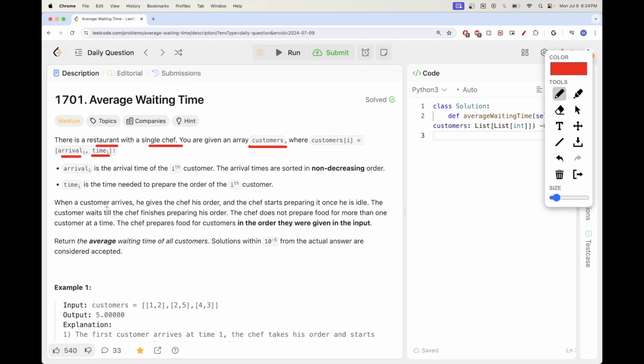Now, when a customer arrives at the restaurant, the chef takes their order and prepares it once they are idle. So if they had a previous order they were preparing, they wait until they are done, and then they start preparing the new one. And the chef can prepare only a single order at a time, right? And they also prepare them in the order of the input,